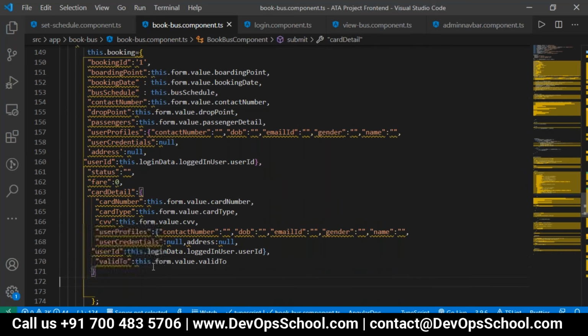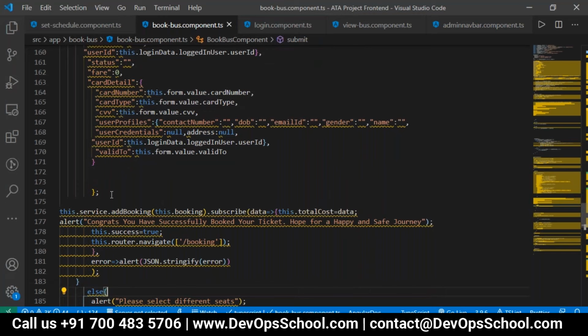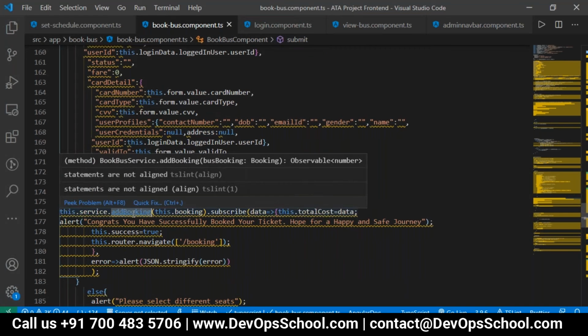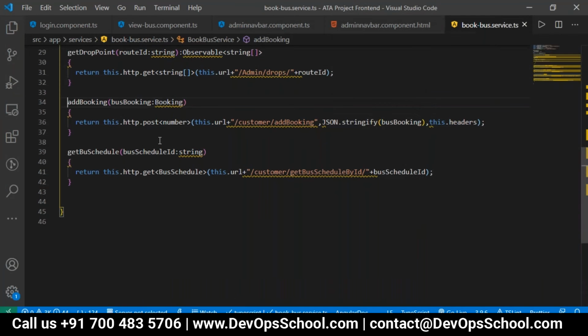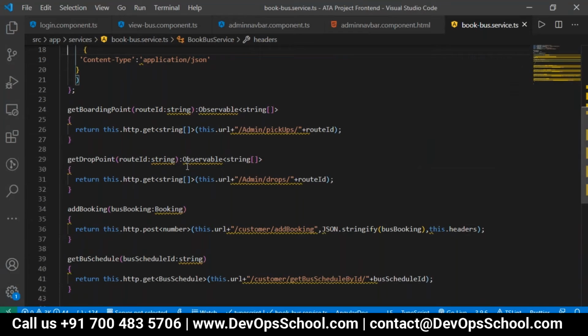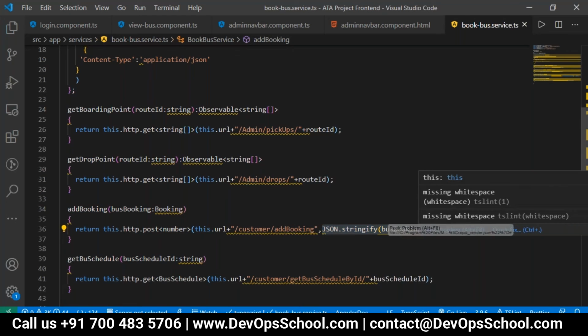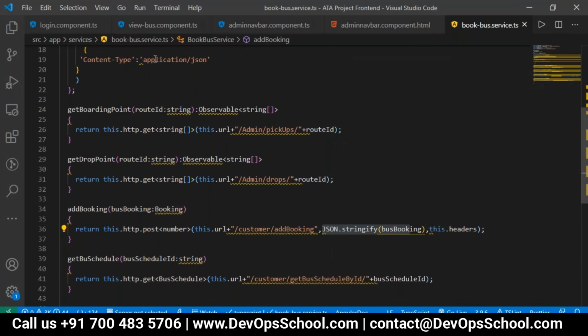So that's why we will get it to our drop downs, and how we will construct it and send it. Once the object is constructed, we are sending it to the server, to your add booking method, which is in the service class. Always the service class will be interacting with the application. So here we have an add booking, which is sending the total JSON object, and then we are sending this dot header, because it tells which application the JSON will be accepted from your backend application, or what is the content type which you want to send.